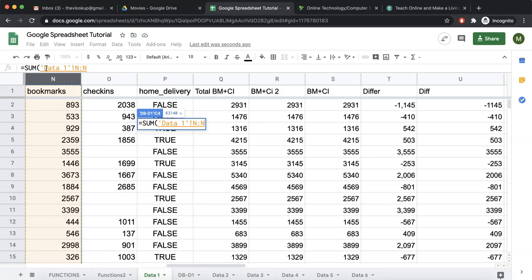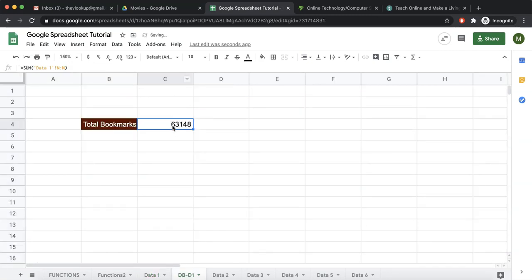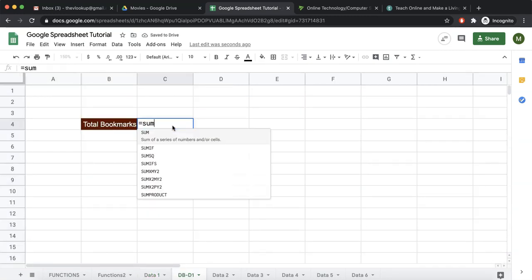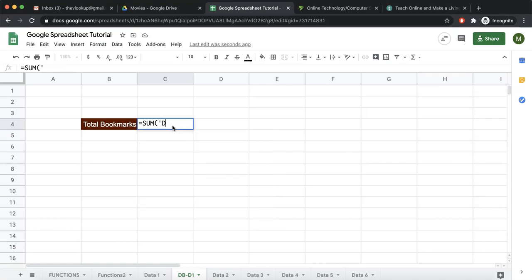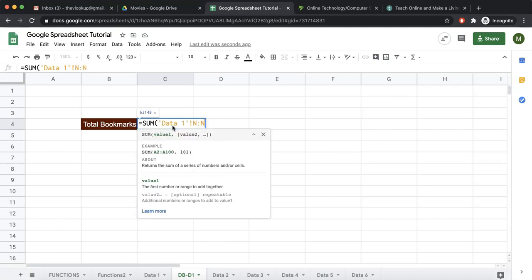Now remember, I told you that when we were doing the initial intro of the basics of range, you see data 1 is written in inverted commas, then exclamation mark, n to n, and then close. You can also write manually. So you can write sum of inverted comma open data space 1 inverted comma close exclamation mark n to n and then close.